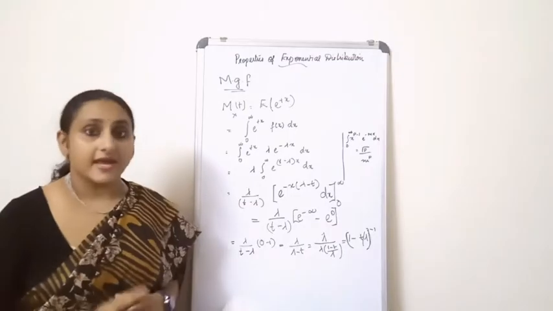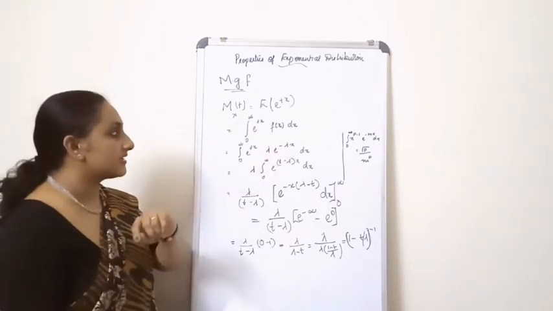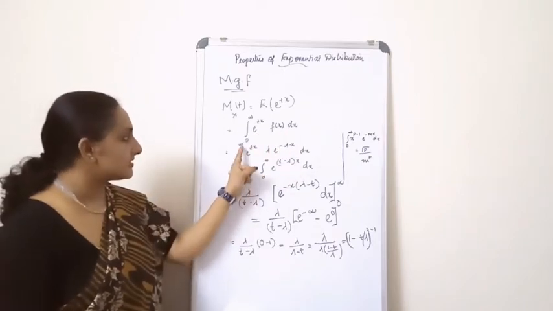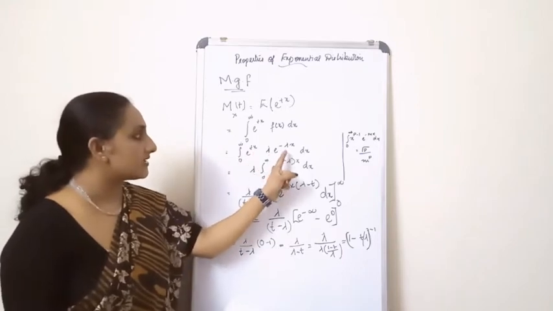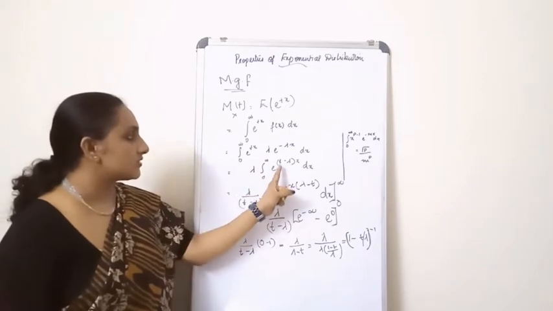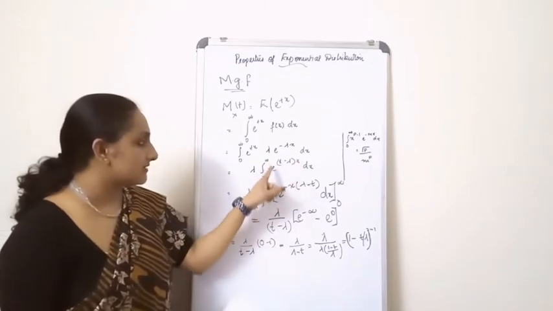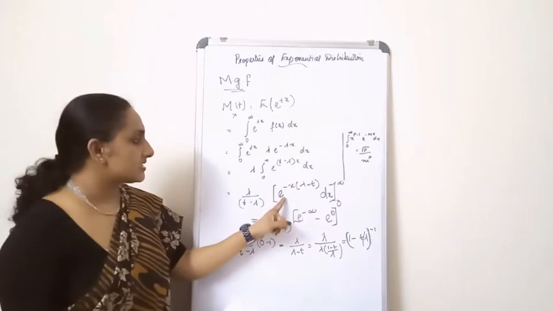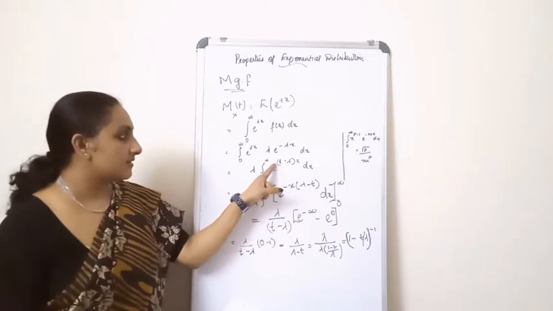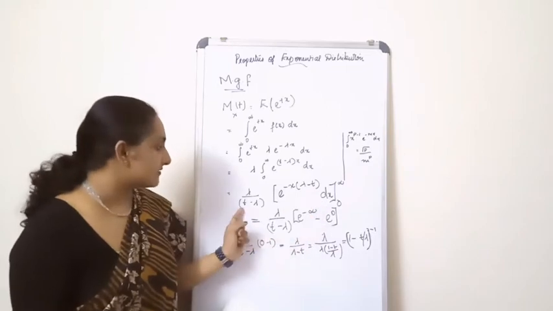Now let's have a look at the MGF of the exponential distribution. So M(t) is equal to expectation of e raised to tx, integral 0 to infinity e raised to tx f of x dx, integral 0 to infinity e raised to tx lambda e raised to minus lambda x dx, which is equal to, I took this lambda outside, integral 0 to infinity e raised to (t minus lambda)x dx, which is equal to lambda times, I'm going to integrate this. When I integrate this, what will I get? I took this minus outside, that is why I got e raised to minus x into (lambda minus t) dx divided by,